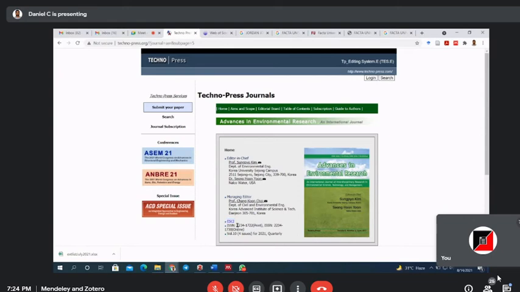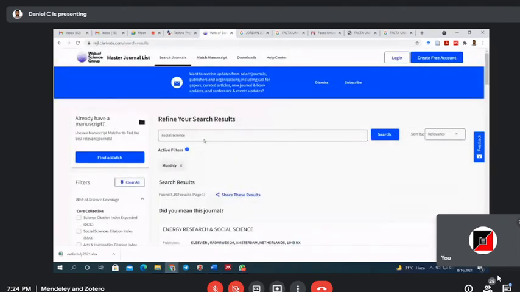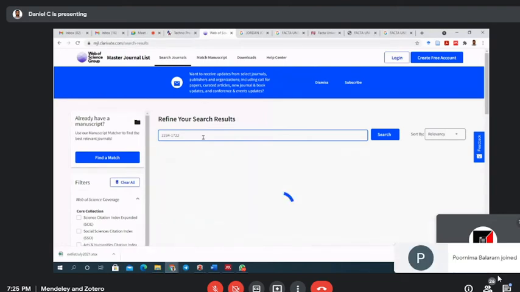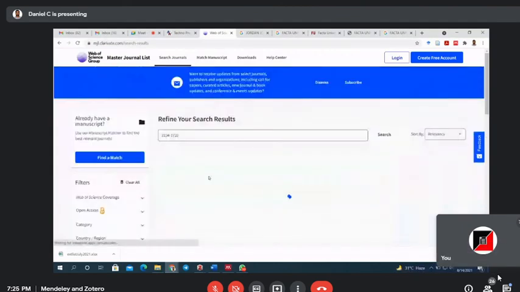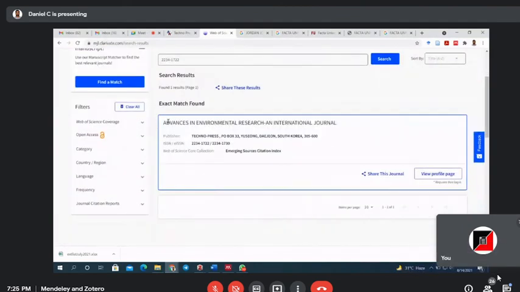Just copy the ISSN number and paste it over here. Sorry, I have to come from the first. Here it is mentioned: Advances in Environmental Technopress, Emerging Source Citation Index.